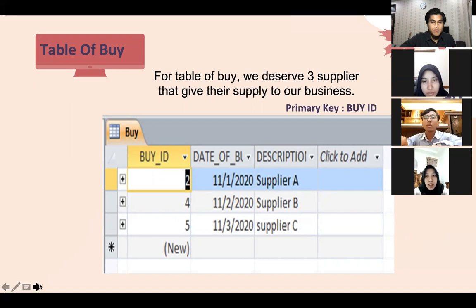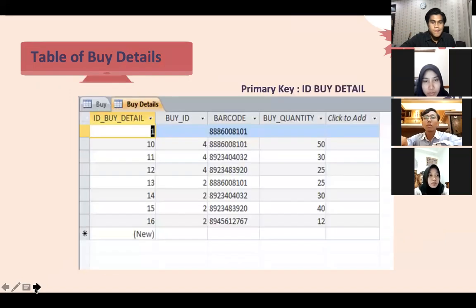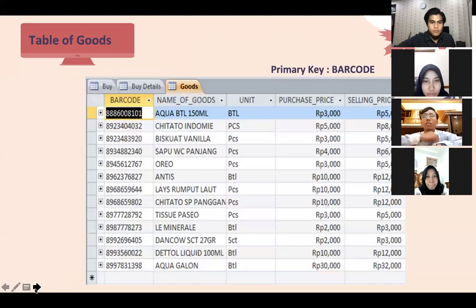The primary key is buy ID. Next, table of buy details. The primary key is ID buy detail. Next,